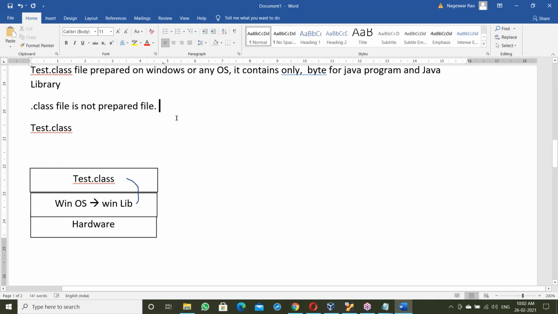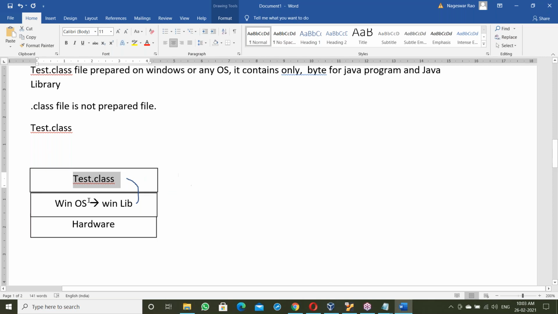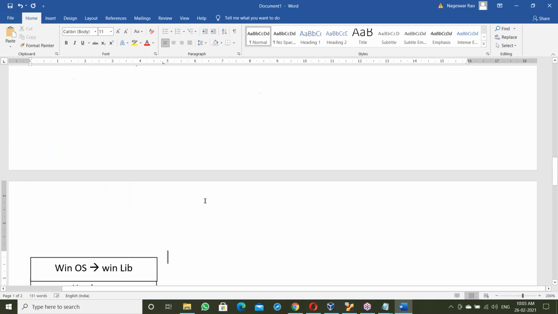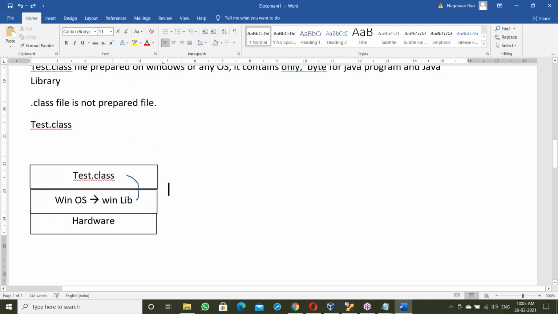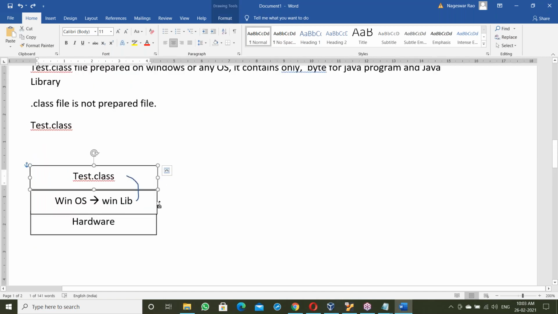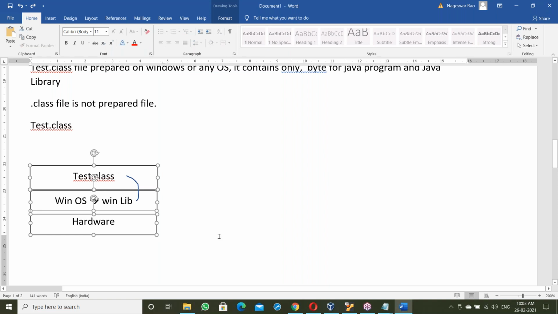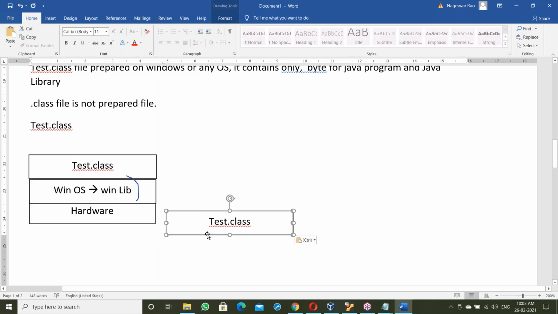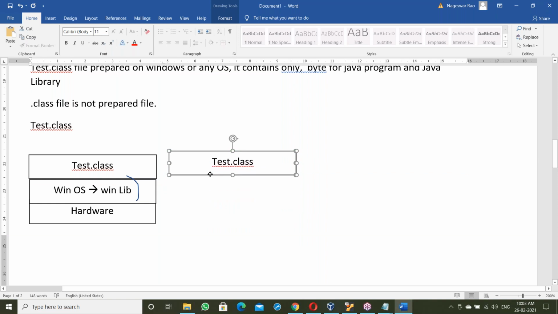Then how will it run here? This tested .class file has to link with the Windows library if it is placed on Windows OS. Let us take one more case. Same thing: if it is on Linux OS, it has to link with the Linux library.